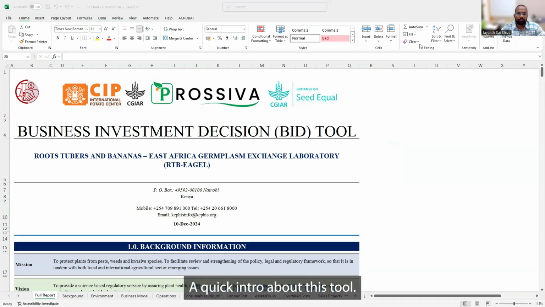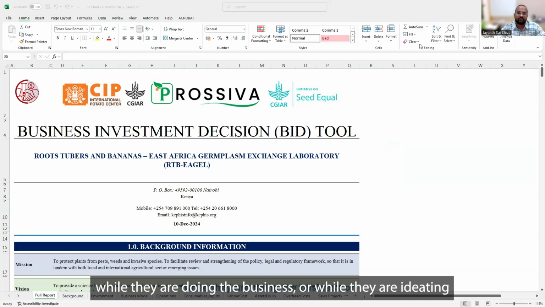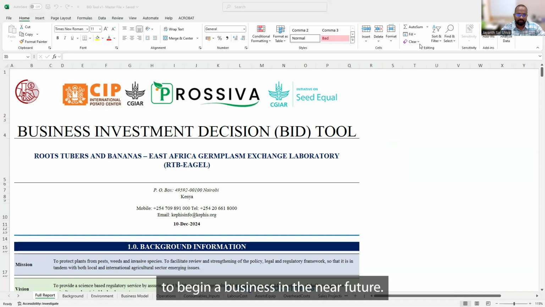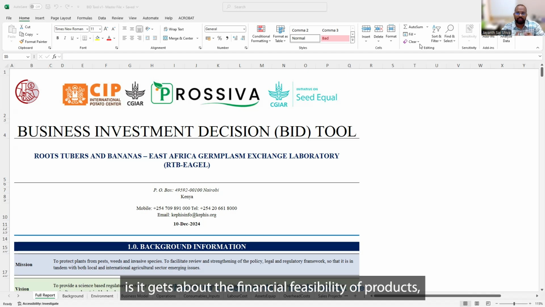A quick intro about the BIT tool: it's a tool that we have developed for small and medium scale entrepreneurs for understanding various aspects of business while they are doing the business or while they are ideating to begin a business in the near future. The Business Investment Decision tool helps us understand the financial feasibility